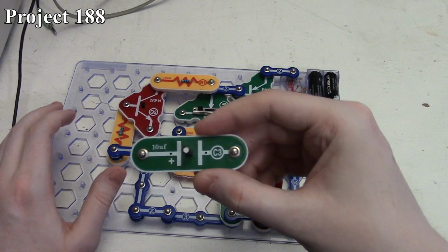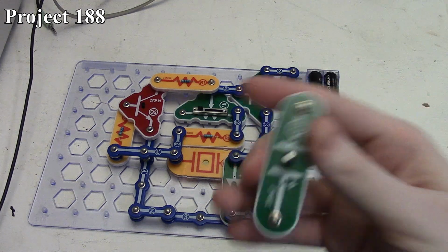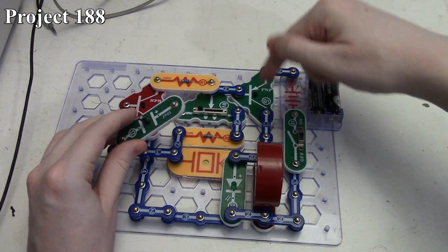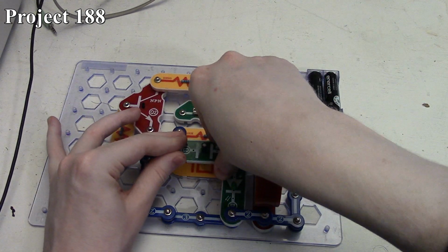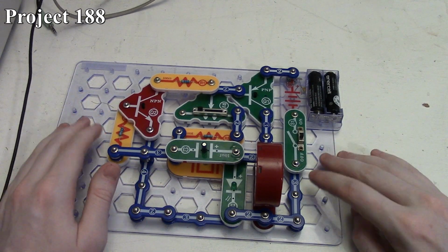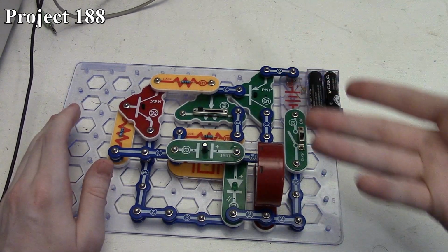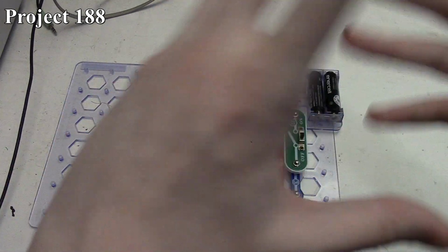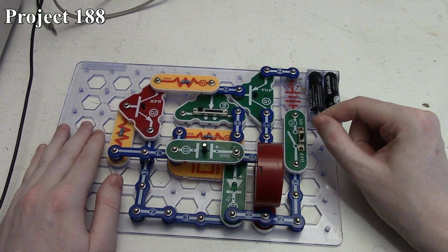And this time we're using our 10 microfarad capacitor, and this one is polarized, remember, so it's got a plus sign. So we need to make sure it's going to the right here because our positive power is coming down this way. So we don't want to put the capacitor on there reverse polarity, otherwise we're going to have a bit of an issue. So, as we just saw from the last two, every time we increase capacitance, the tone goes down, the frequency gets lower, produces a lower tone sound. So when we do this one,